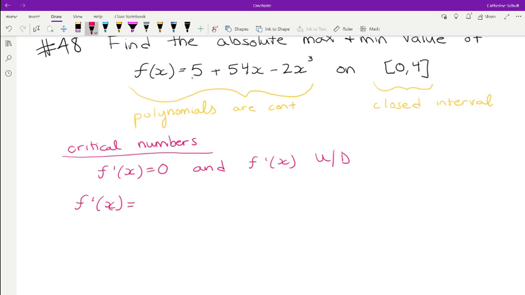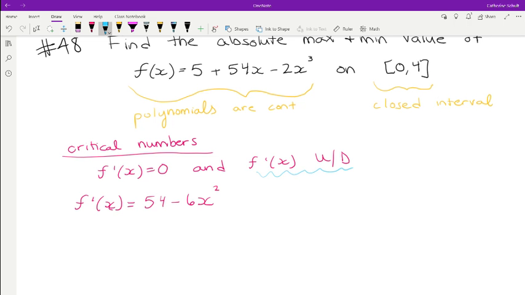Let's see, derivative of 5, it's going to be 0 plus 54, and then bring our exponent down. 2 times 3 is 6, and subtract 1 from your exponent. All right, so 54 minus 6x squared is our derivative. So now, first of all,